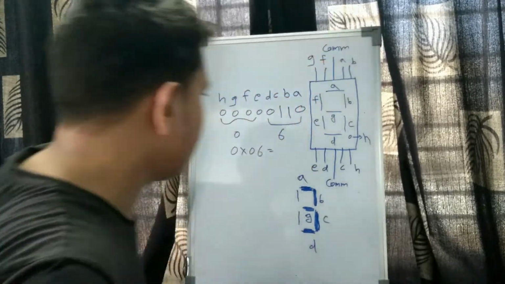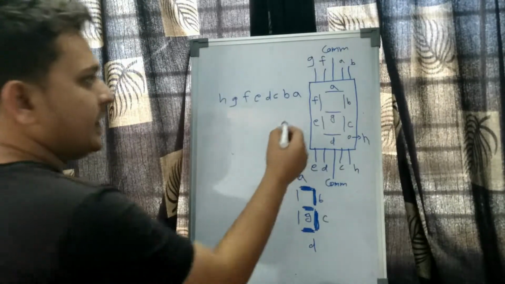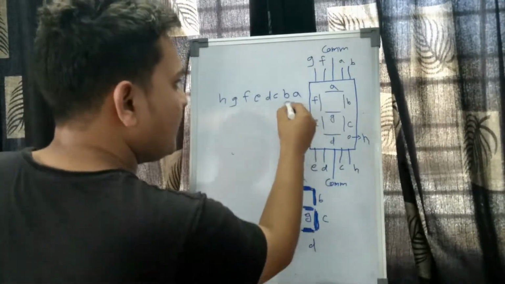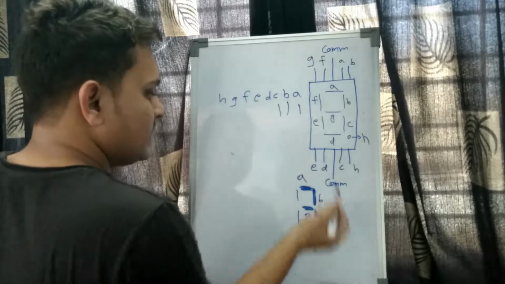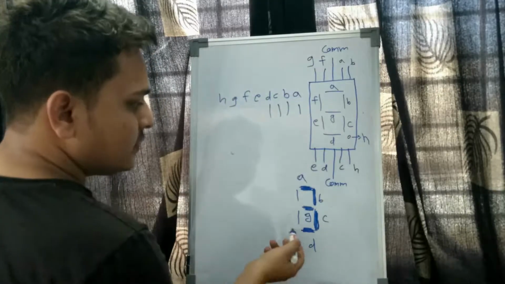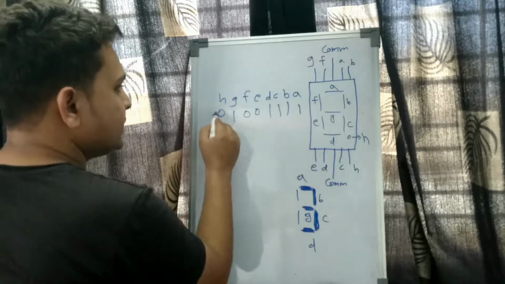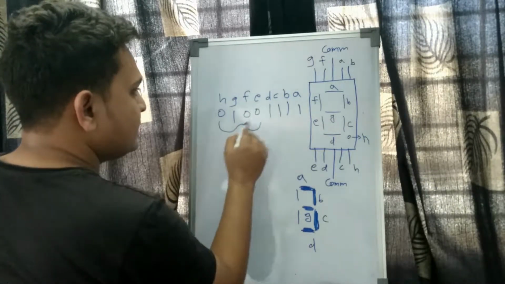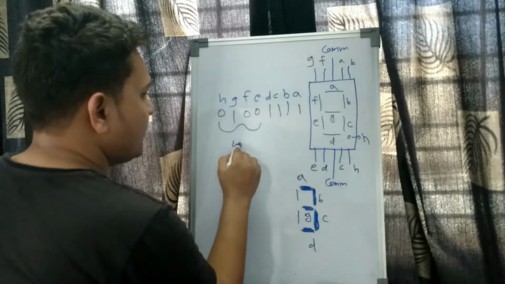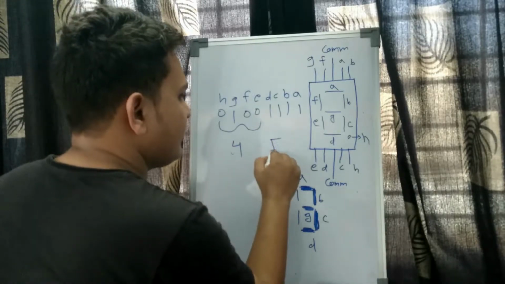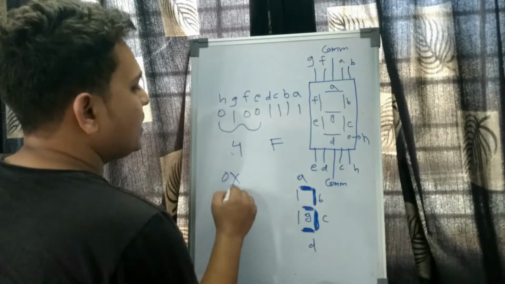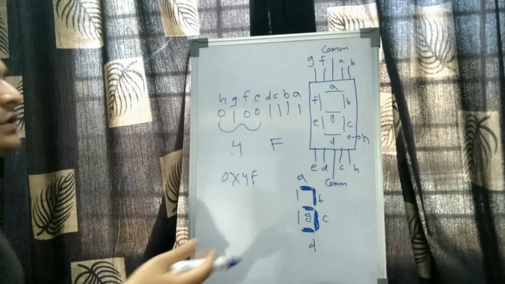Let's make it over here: A, B, C, D, and here you just have to glow G. So just find the hex value for this. You will find this is 4 and this is F. You have to give the command 4F so you can glow